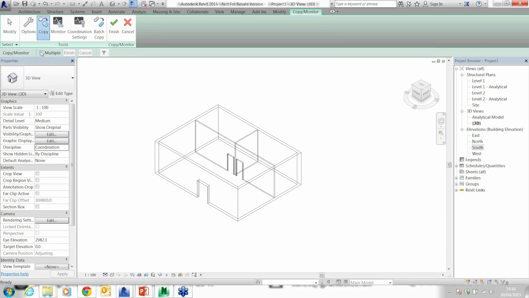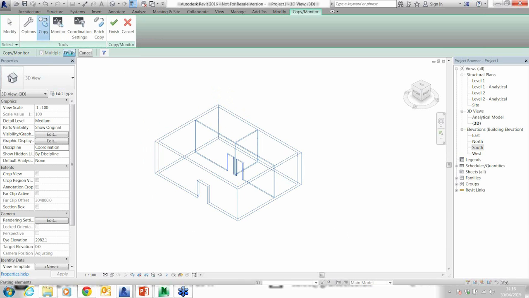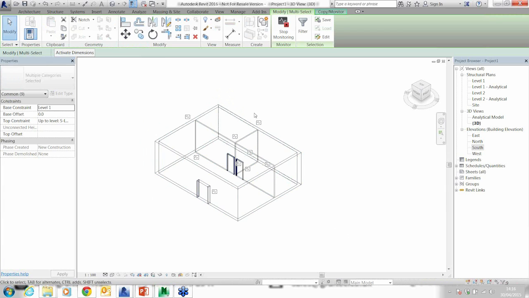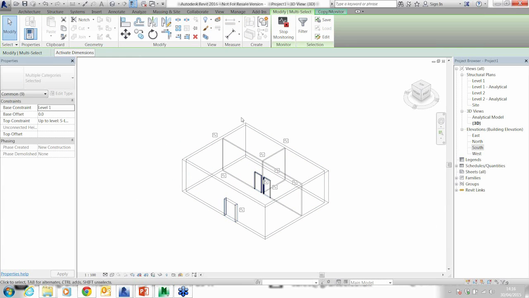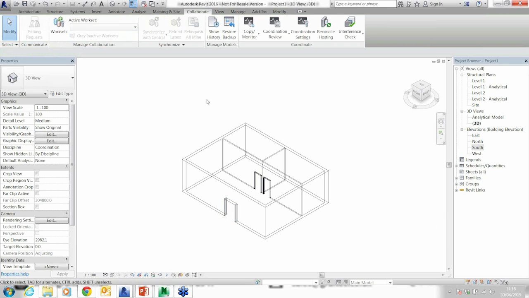Okay, and then I can go copy, multiple, and we'll copy the walls as well. Hit finish. Okay, and that will copy the walls across, and we can see that they're being monitored. And just to show you that they are now in my model, it's finished the monitoring process for the time being. If I go to visibility graphics